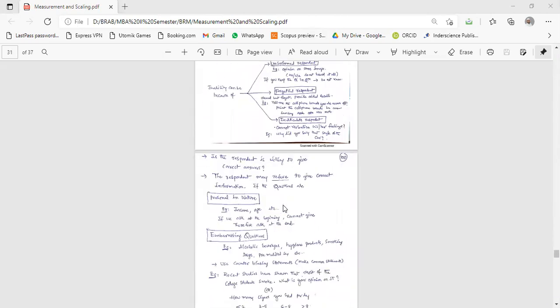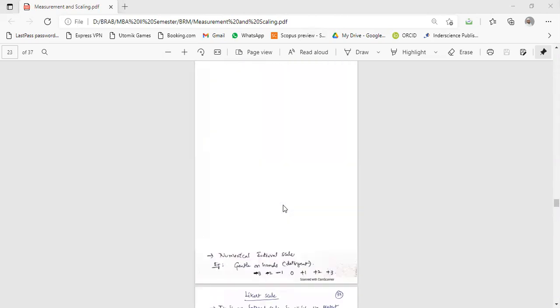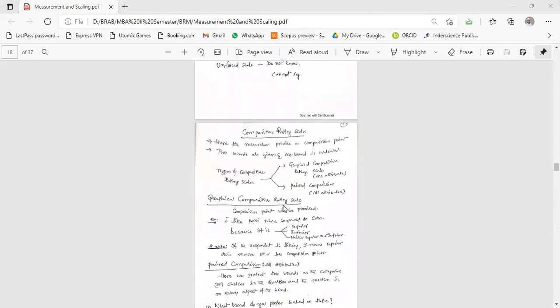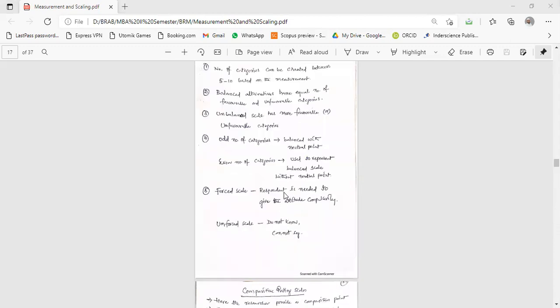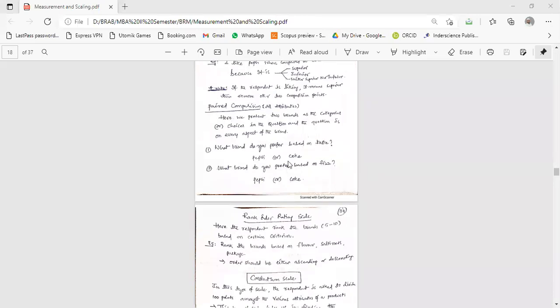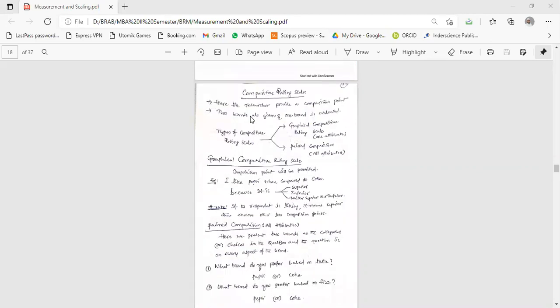Okay, guys. So these are all about scaling, rating scales and attitude scales. Please go through it, and the notes are very, very important. You have to get command of this, then only you can do the research. Any doubts so far on rating scales and attitude scales? Any doubt, guys?